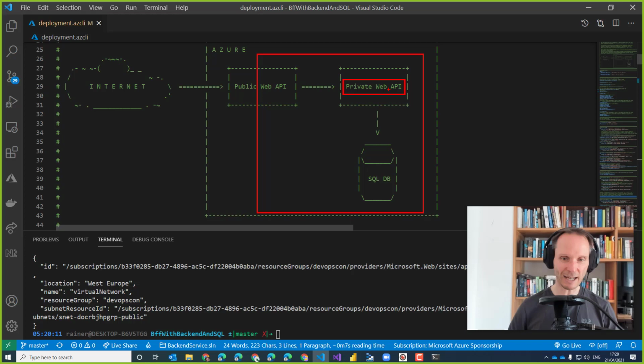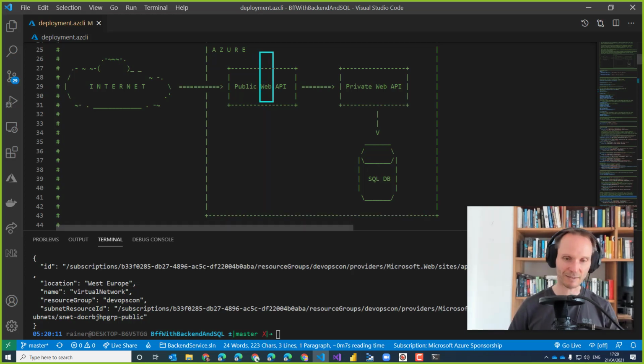Because this is a platform as a service offering. I can't take the virtual machines that are somewhere below this private web API ran by Microsoft. I cannot take them and move them into my VNet. So the private web API, to be very specific, will not be part of my VNet. The private web API will be out of my VNet.